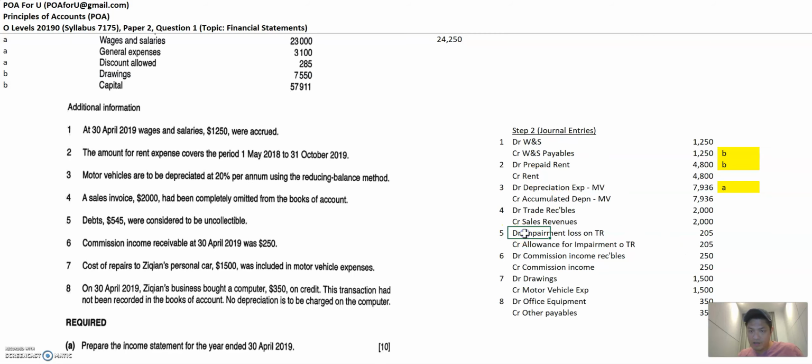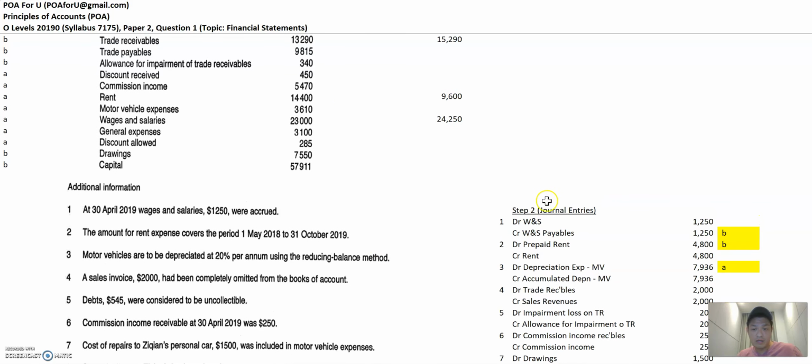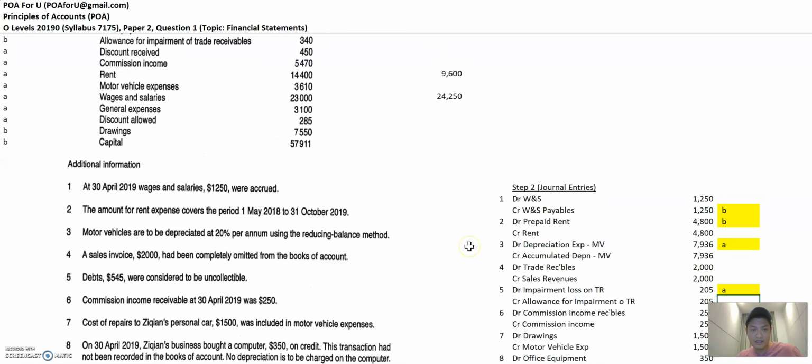So that's done. Now, impairment loss on trade receivables, that's a new account because we do have allowance for impairment of trade receivables, but this impairment loss is a statement of financial performance account, and I'm going to mark it as new. Allowance for impairment of trade receivables, it's credit 205, and this is the account here. This is a credit nature account, so I'm going to plus 205, right? Because I credit it. So the balance is 545. That's the final amount, which is also what the additional information wants you to have as the ending balance that is considered uncollectible.